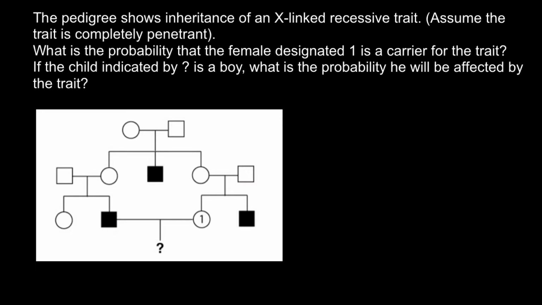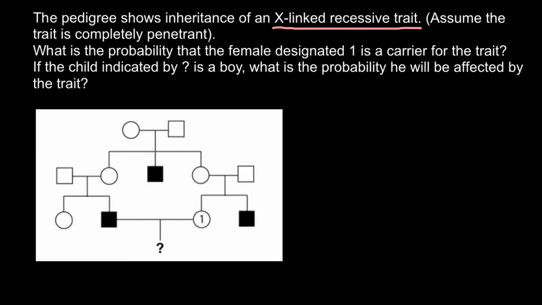And here is the problem. The pedigree shows the inheritance of an X-linked recessive trait. Assume the trait is completely penetrant. What is the probability that the female designated as 1 is a carrier for the trait? And second question, if the child indicated by the question mark is a boy, what is the probability he will be affected by the trait? In order to solve this problem, we have to keep in mind that this is an X-linked